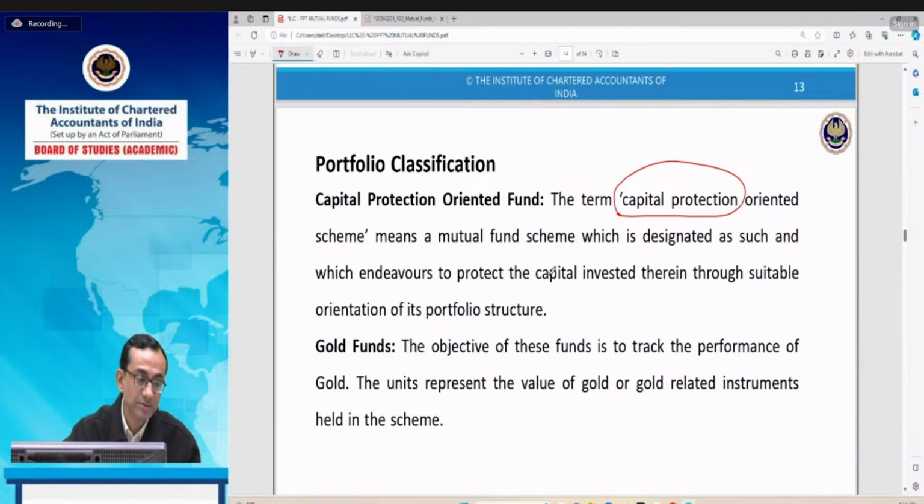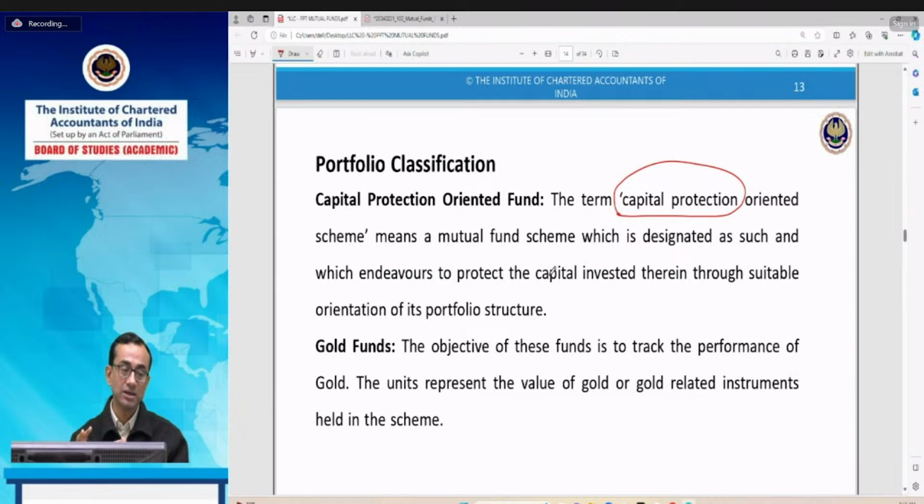Yes, you can say that, Nirmala, that gilt funds are basically separate, but they can be considered as a part of money market mutual funds also. These are used separately, or as a part of the money market, because treasury bills are part of the money market, and treasury bills are basically government securities, issued by the RBI on behalf of the government of India. But in the money market, there are several other instruments also, for example commercial paper, commercial bill, certificate of deposits.